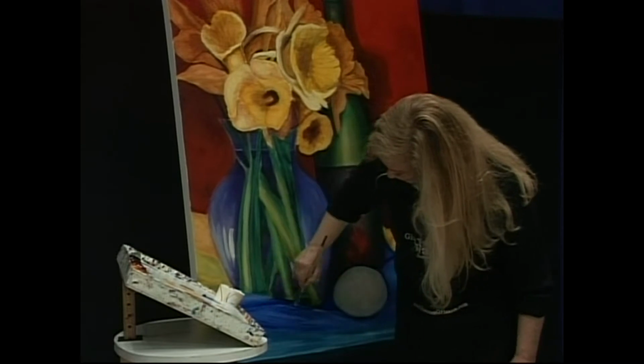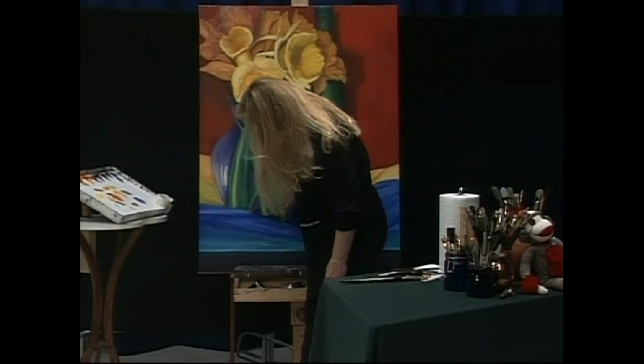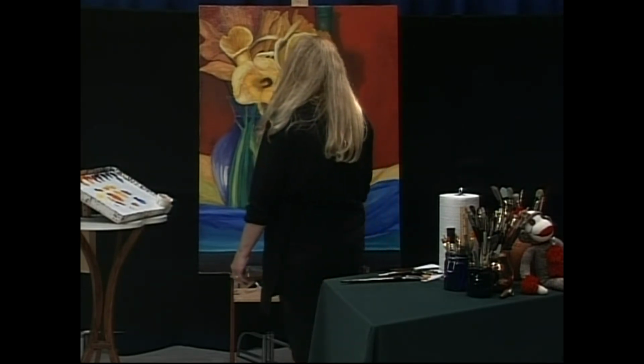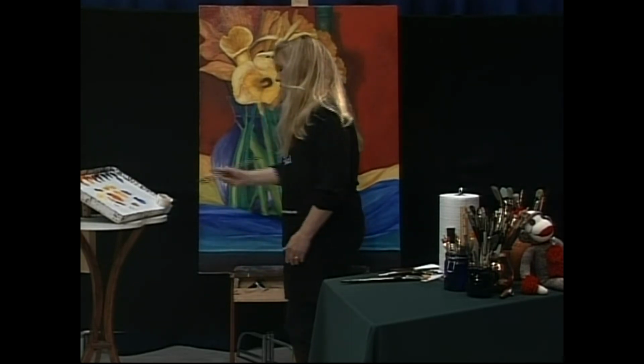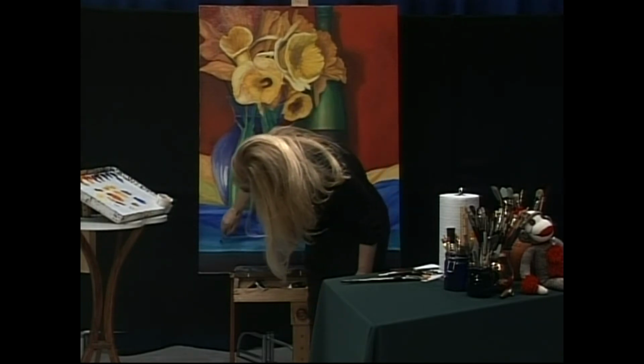And then I just have to decide what I'm going to do with this phthalo turquoise, which I just love that color. Okay, that's happier. Then I need to have more of a, can't just be a straight line coming down like that, so I'm going to make this